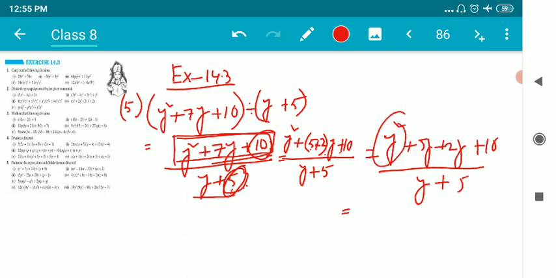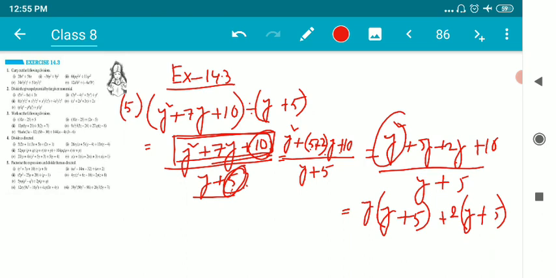Now from this y square and 5y, y can be taken common. What will be left? y plus 5, because it was y square. So the moment I take away y, only y will be left from y square. Plus from this 2y plus 10, I'll take away 2. What will be left? y from 2y, and from 10, when 2 is taken away, 5 will be left. It's not about subtraction, it's about multiplication, children.